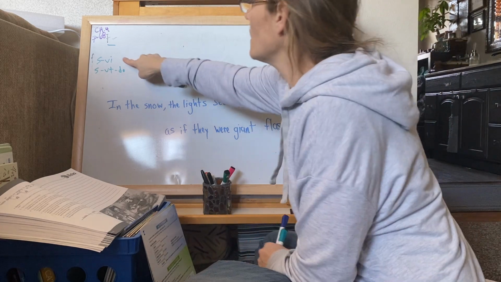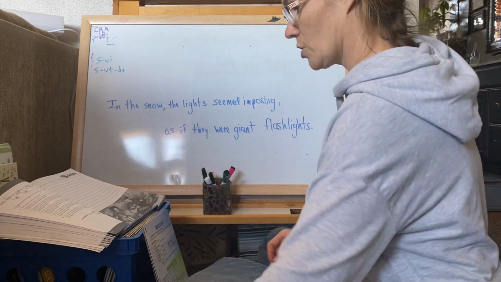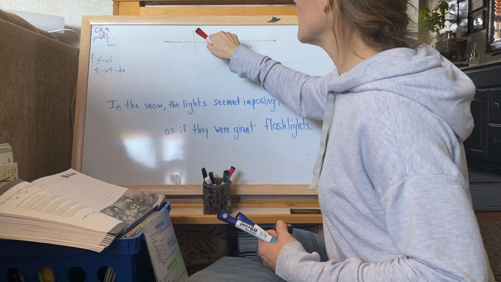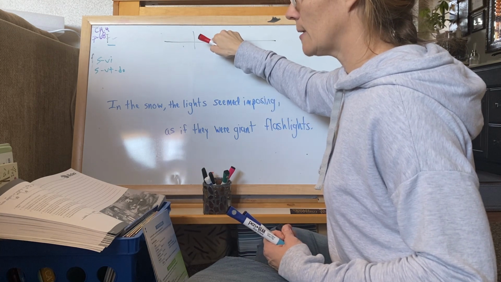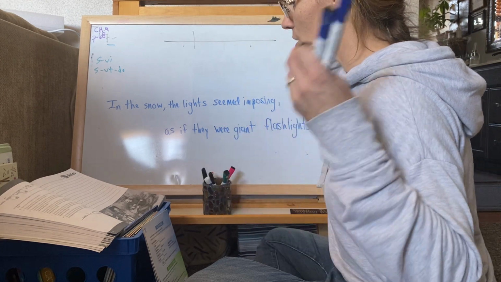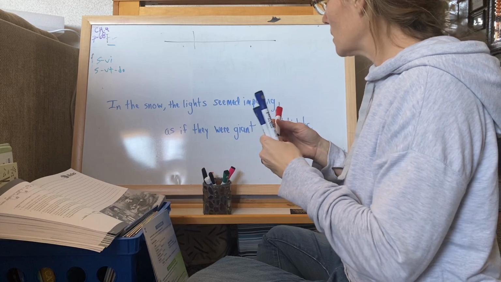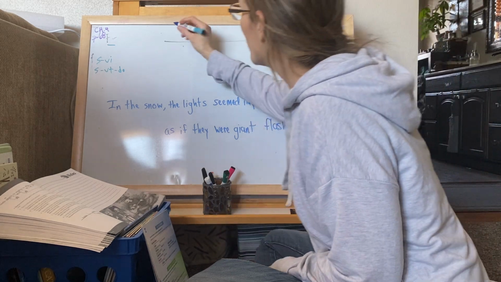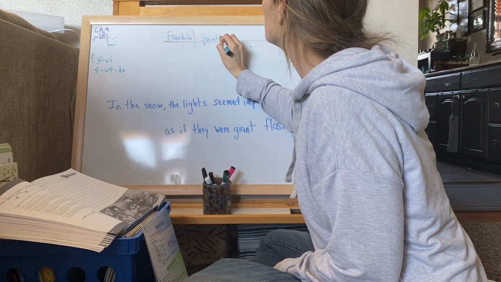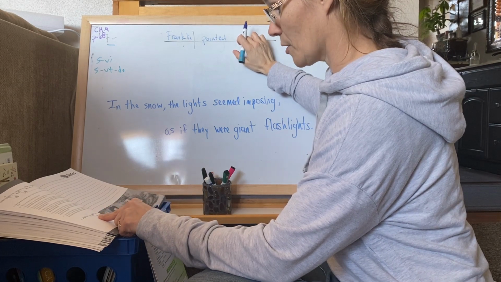So we have an SVI, SVTDO pattern. Can't use a Sharpie. Here's my SVI, and we had a simple sentence, and two lights. All right, so you just need to follow along here. Franklin pointed, and this is our verb, and off of our verb, remember we had our adverbial